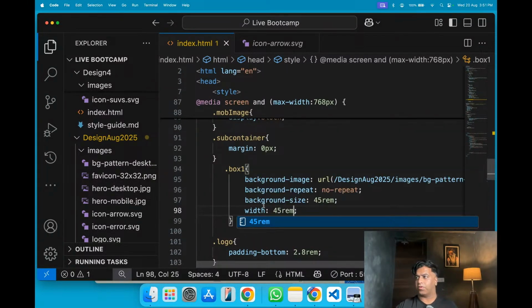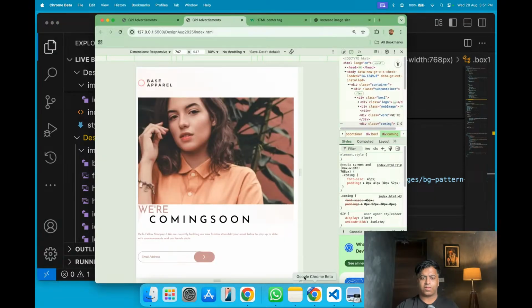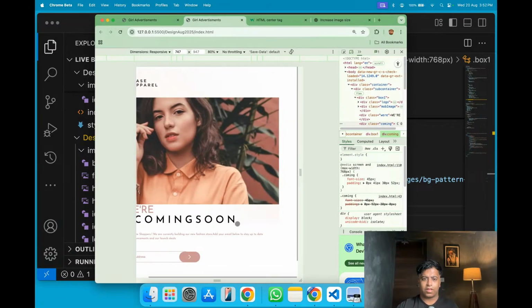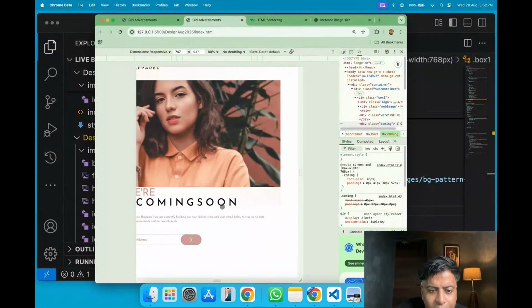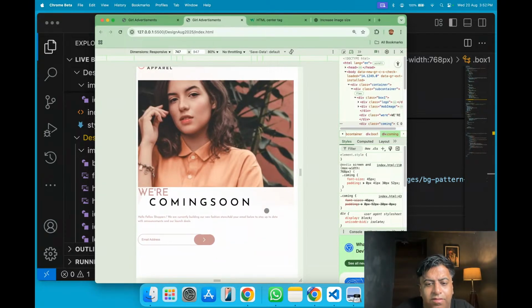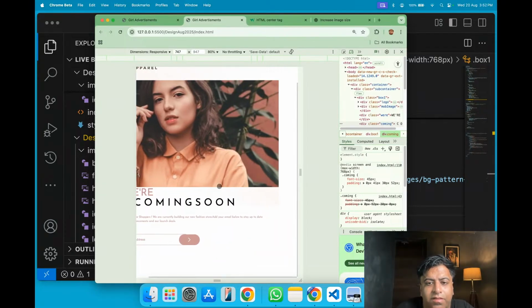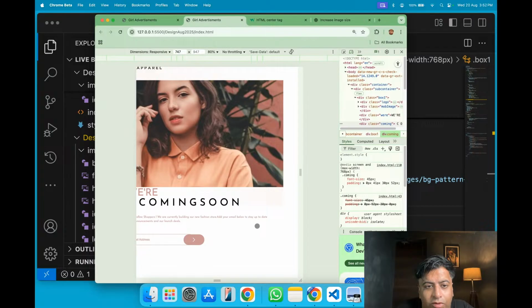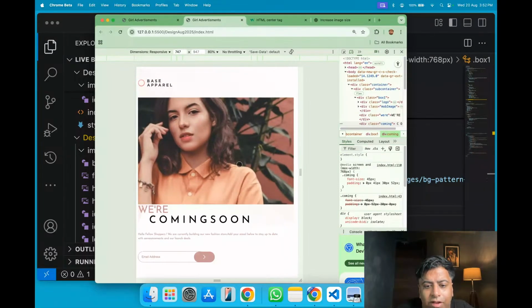So let's save this out, and as soon as we save this out, now you are able to see where my image is. Now the image is coming as required. They are not getting fluttered out of the things. So let's see, other than this, if I click here,